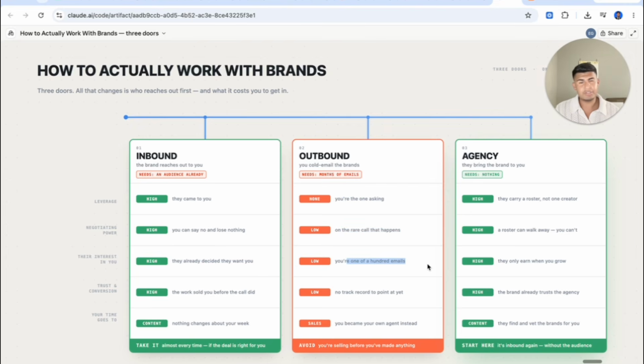Number 4, they're probably not interested in you, as they probably get hundreds of thousands of emails from other people just like you. They probably don't trust you because you probably never made sales before, which is fine if you're a beginner, because I'm going to show you how to actually work with a brand if you've never made a sale before. And then lastly, now your time is in selling yourself and sending out emails, which is not